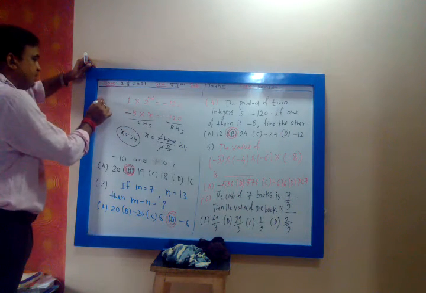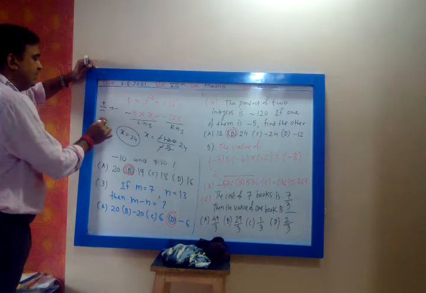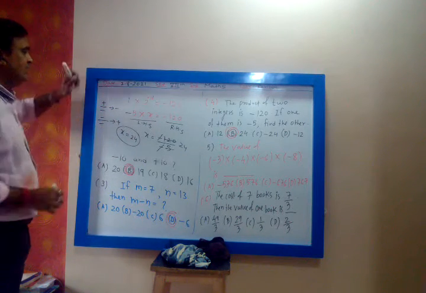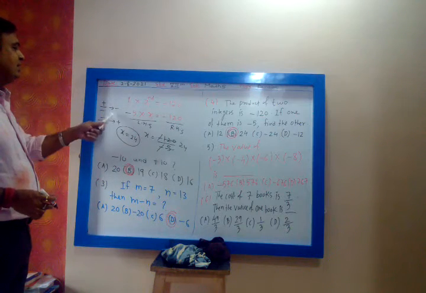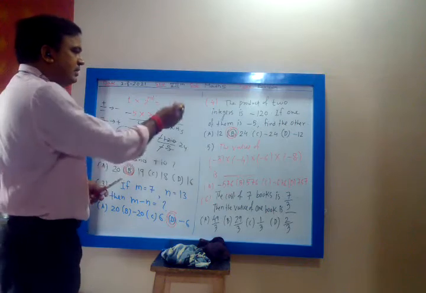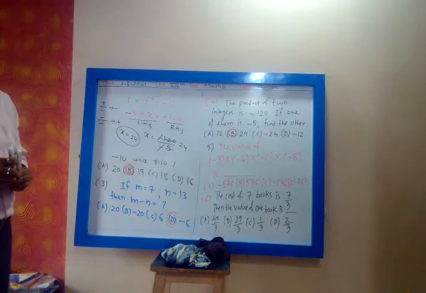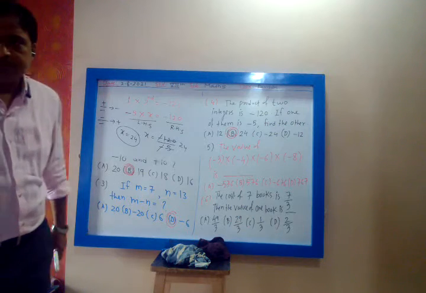Now remember this. Plus upon minus is minus. Minus upon minus is plus. Whenever the numerator has plus and the denominator has minus, the final sign will be minus. Here minus minus get cancelled. The answer is 24. So option B is correct. Now all of you start sending me the answer of the fifth question.